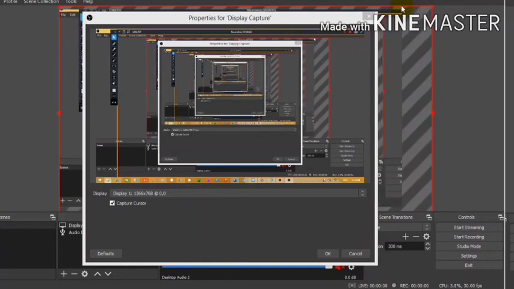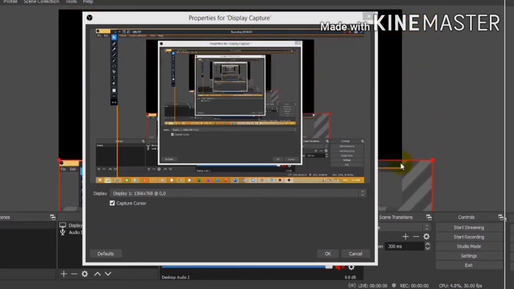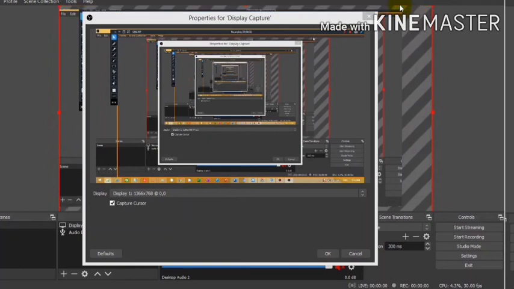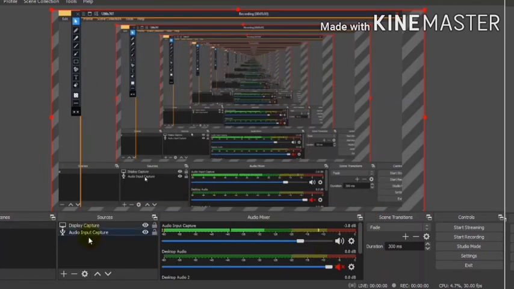We can also resize our screen resolution or the portion of the section that we want to capture. The red line or border can be adjusted to capture a specific area.